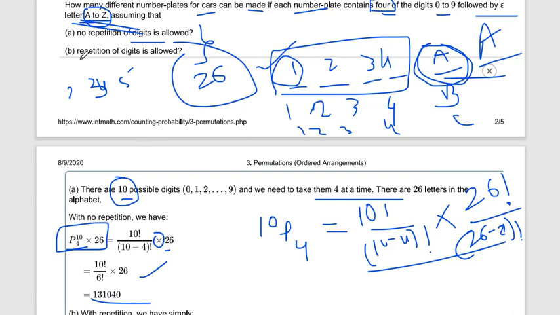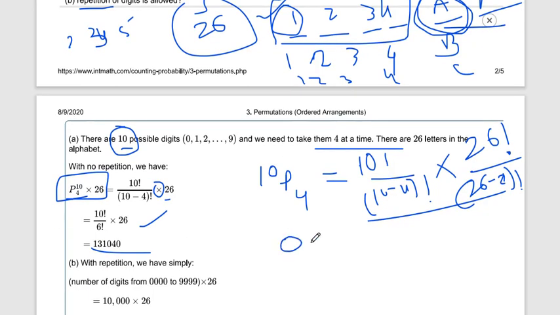Now second, repetition of digits is allowed. Repetition means you can also use 0, 0, 0, 0, A, or 1, 1, 1, 1, A. Here for this calculation we have not used repetition. So how do we calculate with repetition? Simply,